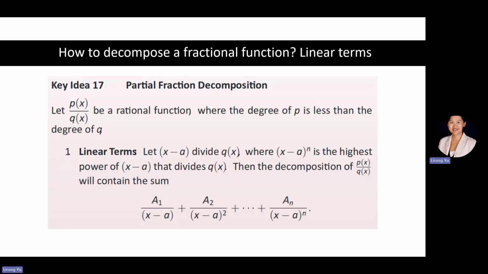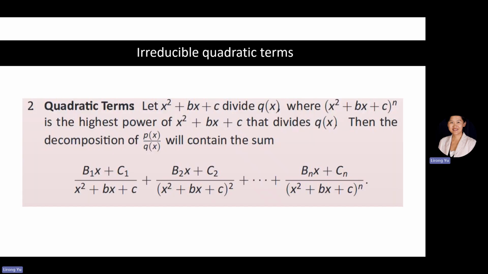If q of x has a factor that's not x minus a number, not a degree 1 term, but a degree 2 polynomial, that goes back to the theory that all polynomials can be factored into x minus a number, if the number is allowed to be a complex number. For example, a degree 5 polynomial can be decomposed into x minus a number times x minus another number times x minus another number, 5 of them multiplied together. But those numbers might be complex numbers,